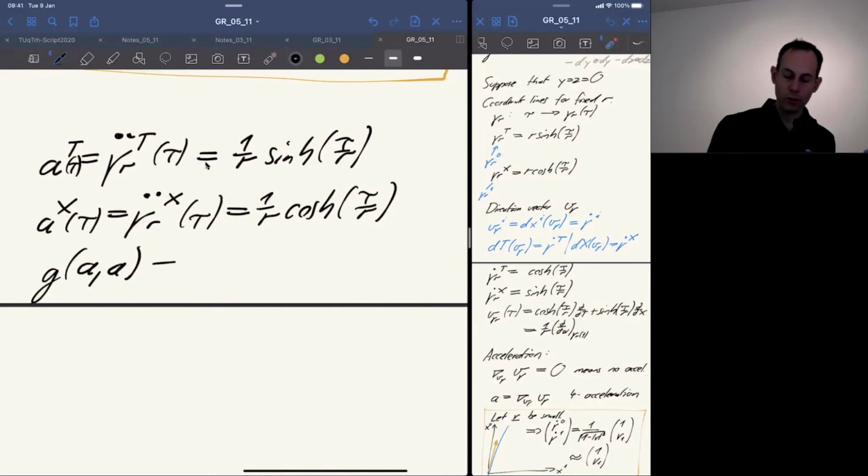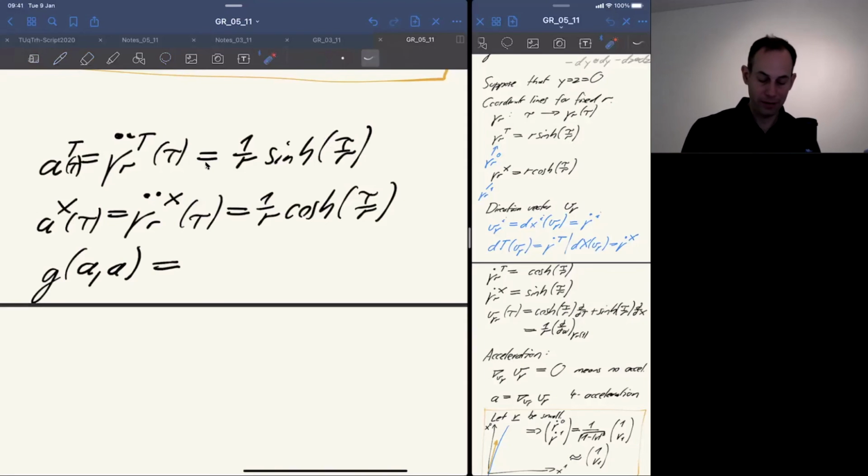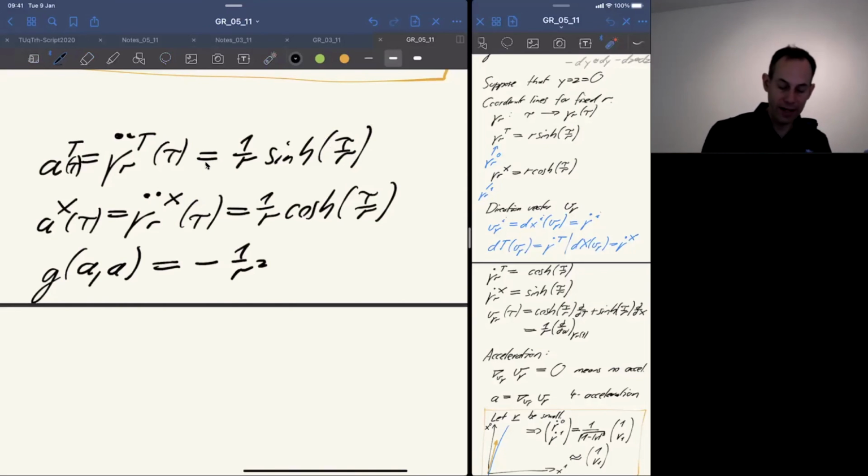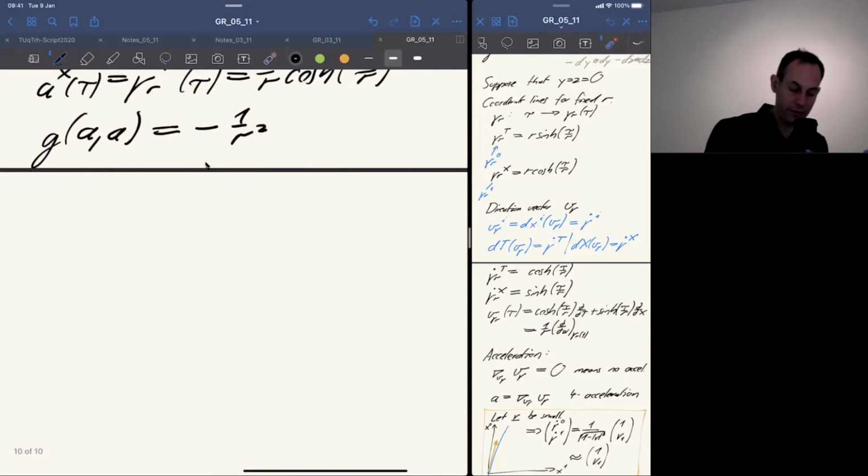That's now easy to do. I mean, we have the coordinates in Minkowski, so it's just this squared minus this squared. And again, by the usual law that these two things squared and subtracted give 1, we just get minus 1 over r squared. So that's what we find. So in other words, our conclusion is the acceleration